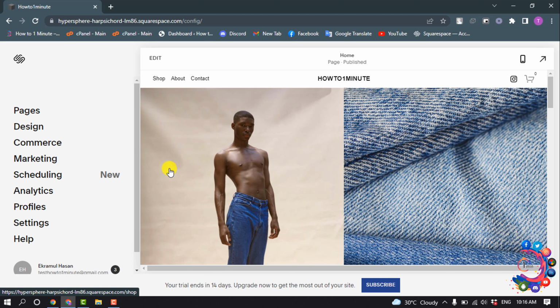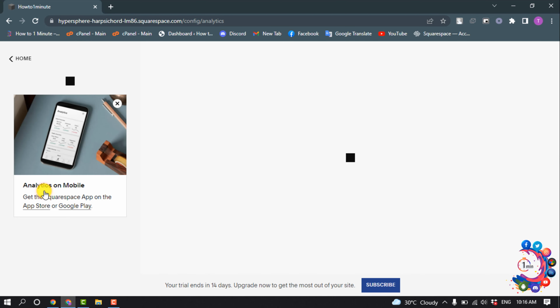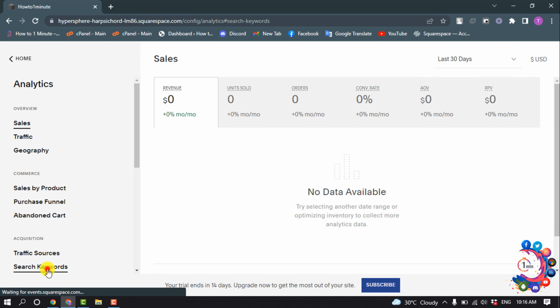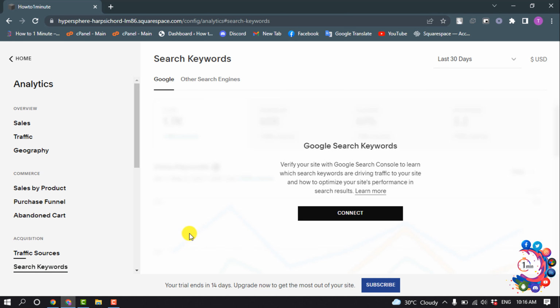So first of all, open your Squarespace and go to Analytics and select Search Keywords, and here you have to verify your site with Google Search Console. So click on Connect